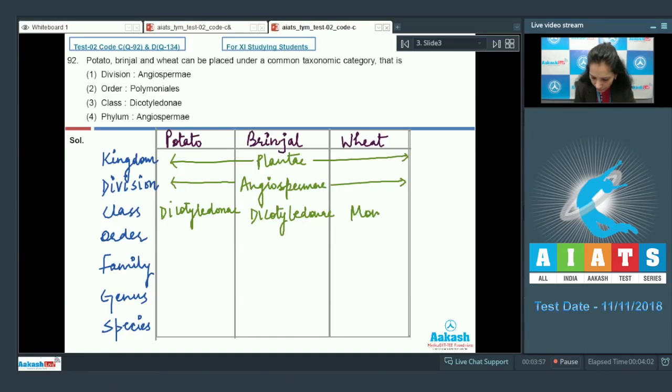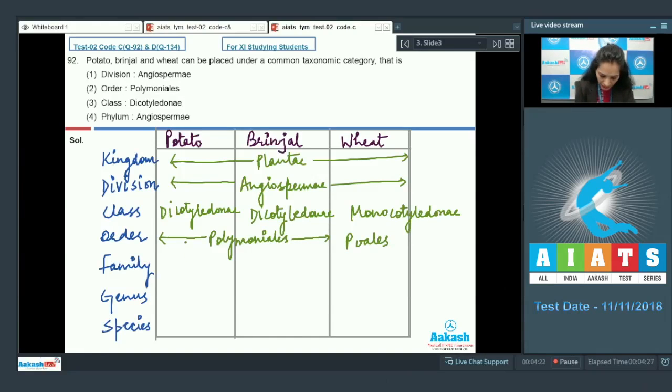Wheat, Monocotyledone. Order for potato and brinjal, the same order, that is Polemoniales. And for wheat, it is